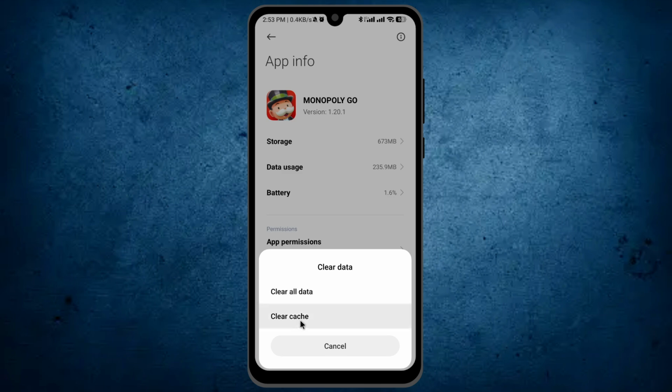After clearing cache, go back to your Monopoly and check whether it's loading or not. If not, then also tap on the option Clear Data. And then go back to your Monopoly app and check again. If the issue is not solved,